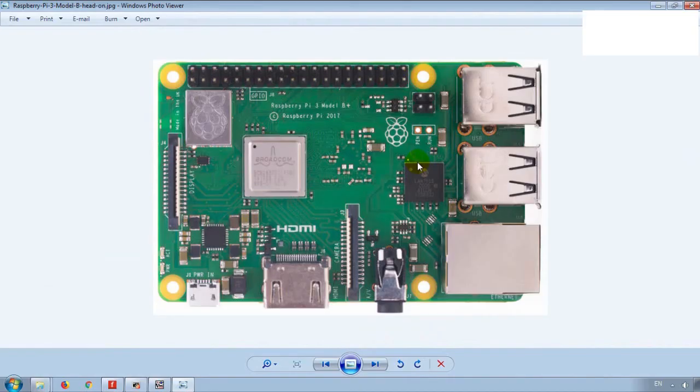Here you can see the final version of the Raspberry Pi 3 Model B Plus, and we will use this board for the project that I want to show you later. This board has all the specifications that we may need during the projects. It has a lot of good input output ports, and we can implement many projects with this board. Here at the top of the board, you can see two lines with different pins on them,